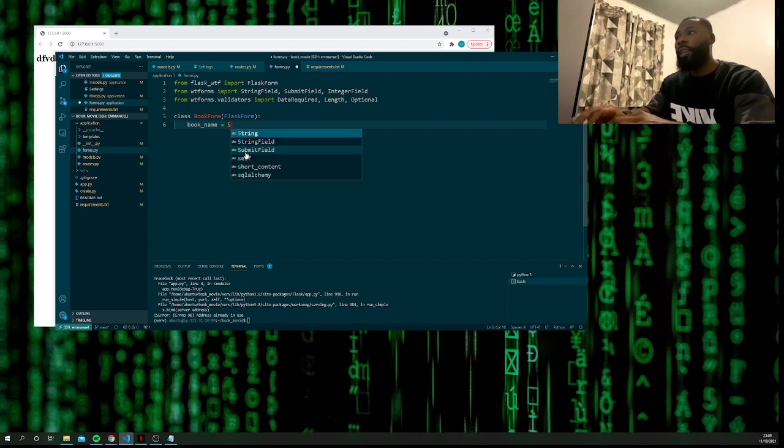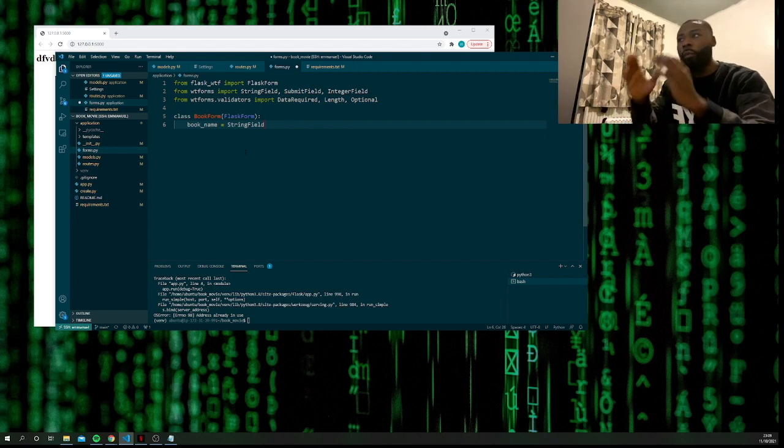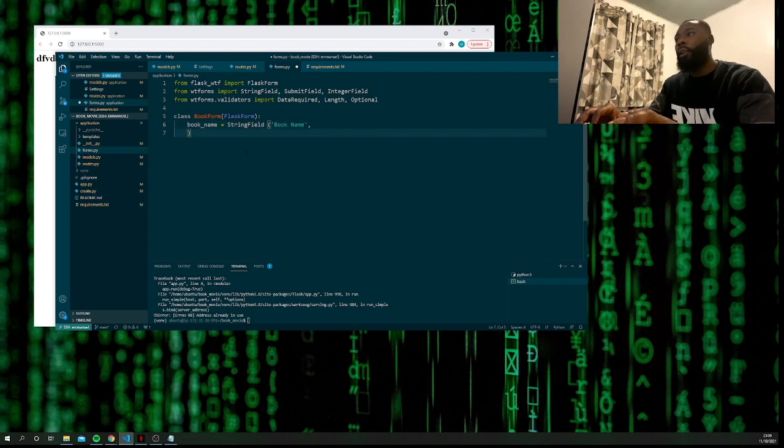And this will be a string. You would want this to be a string. Remember the definition of a string is anything like words written where you would need it in brackets. So this one will just be given the normal name of book name as a description name. And of course you want it to have validators, which are essentially